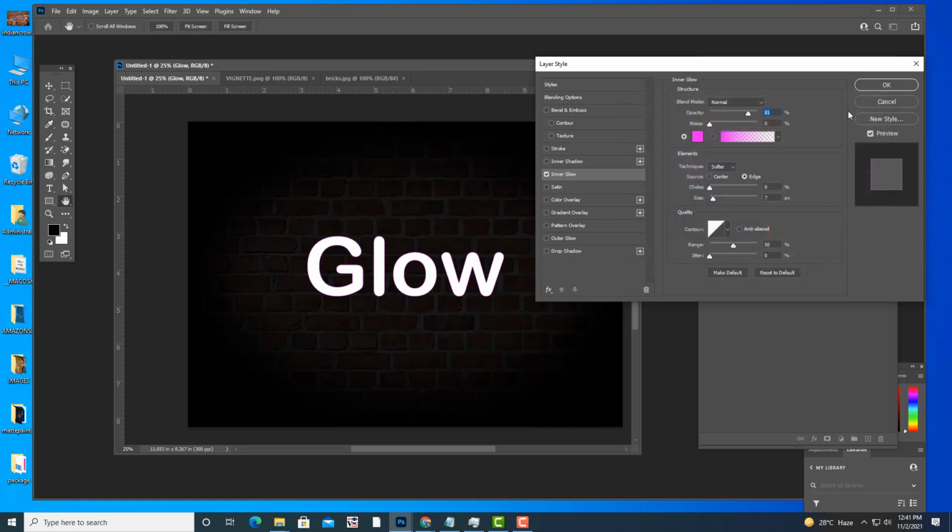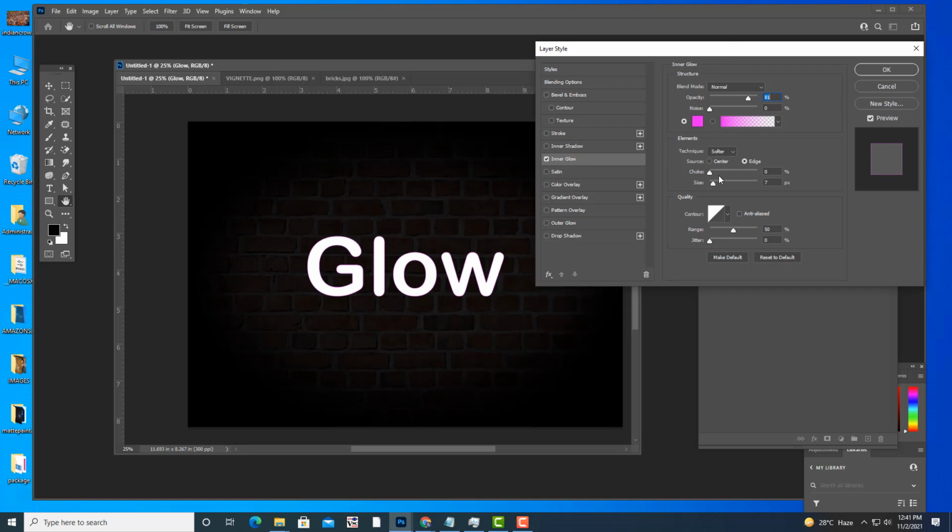Like this. Okay, so if you observe closely, you can see that there is some inner glow. Okay, we have to increase the size. So let me increase it. See here, the size option is there. See, can you see that? See, now there is a glow. A very small glow is there. Okay, so something like this.